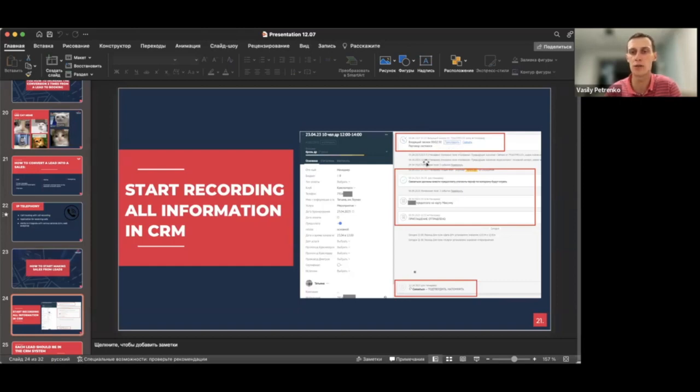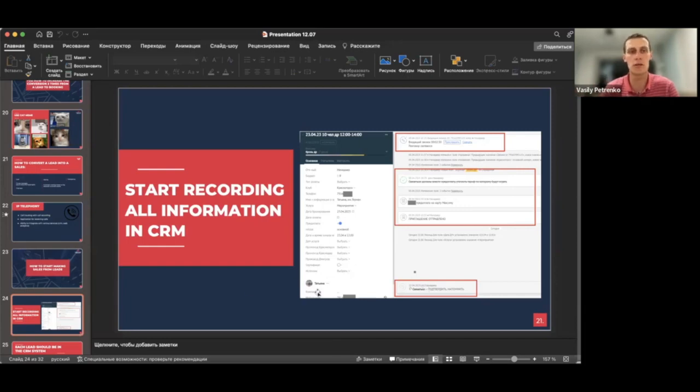Then you can see what the manager was doing with this exact deal. He was writing a message. He was putting some notes about this potential client and everything. And the most important thing here is this lower box at the end, the task, the future tasks. For each lead, there will be a task like to call him tomorrow, the exact date, the exact time. So in this case, you will not lose any of your potential clients. This is what the CRM system does.